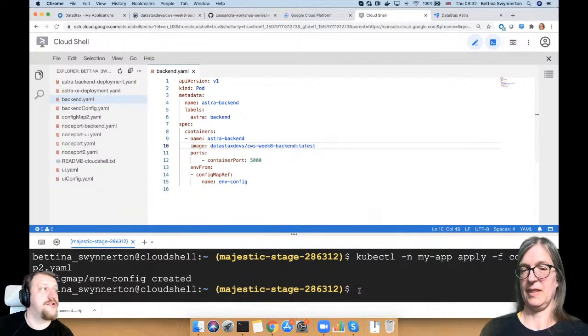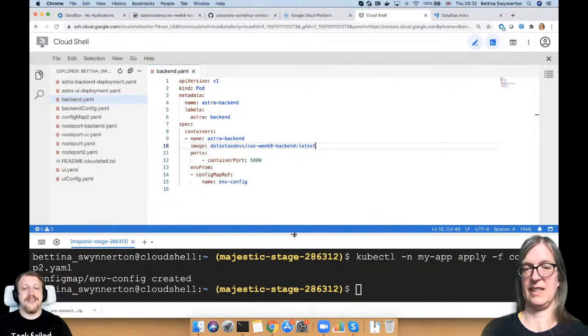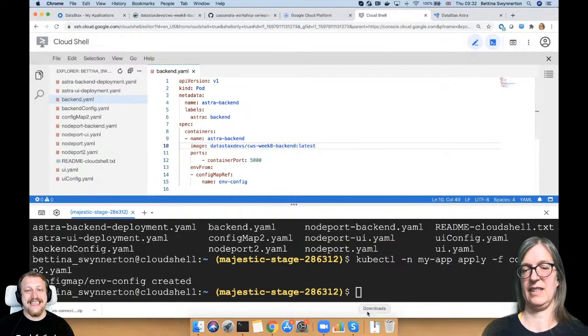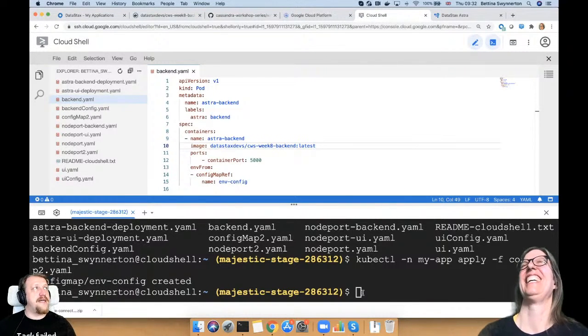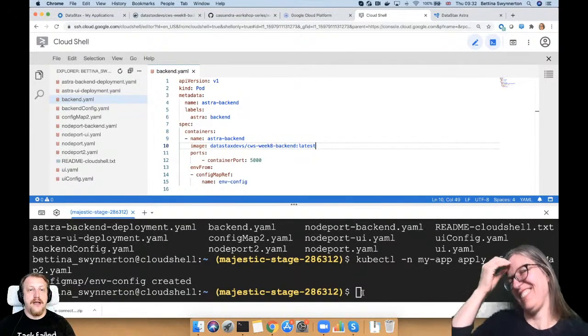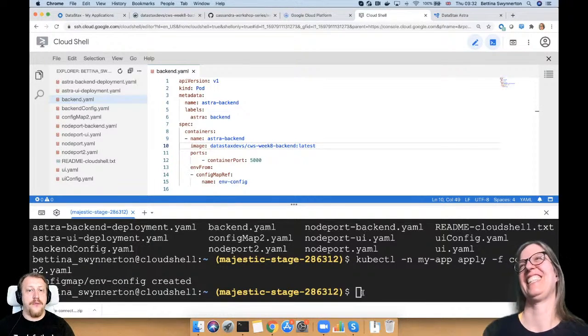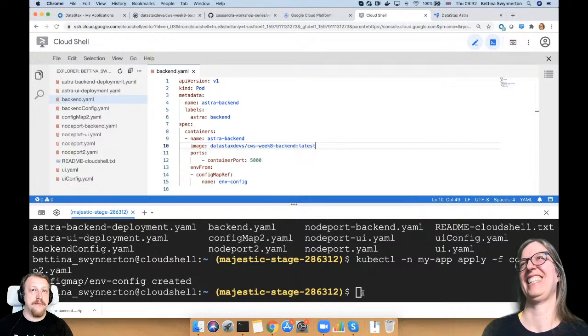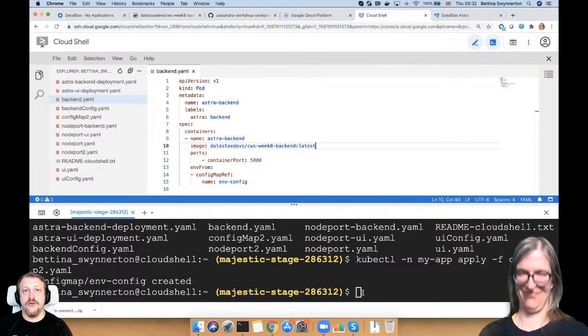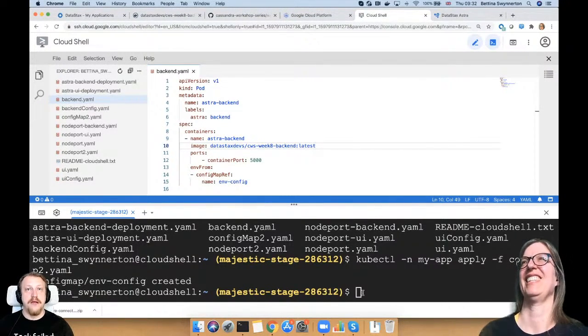Bettina, I want to note one important thing. In general, direct usage of the latest tag of your Docker images is bad practice. Because you may release an untested update, then you restart something, and the new version will be pulled in, and you may have breaking changes in your API, and boom, your application in the cloud is not operational anymore.